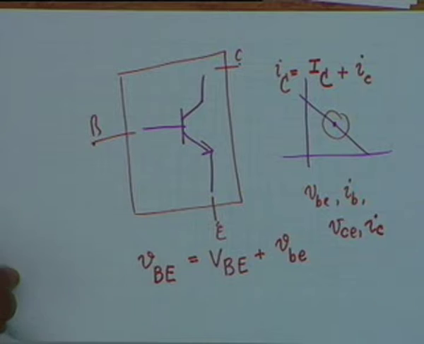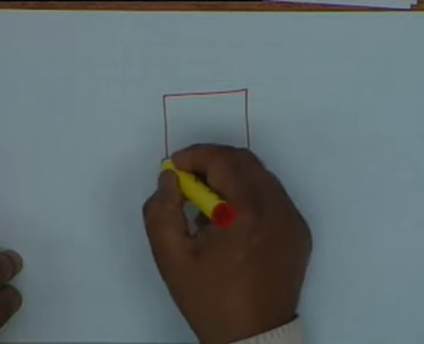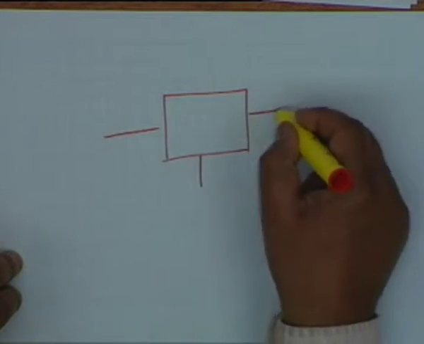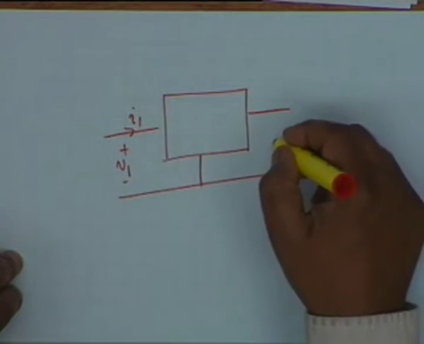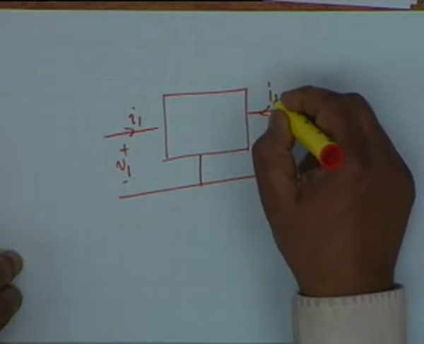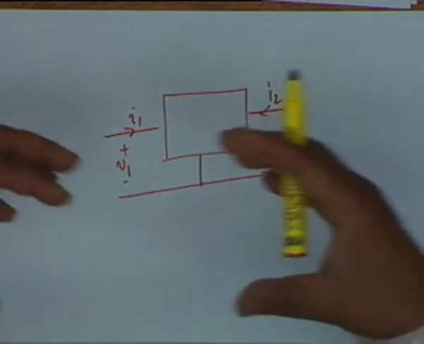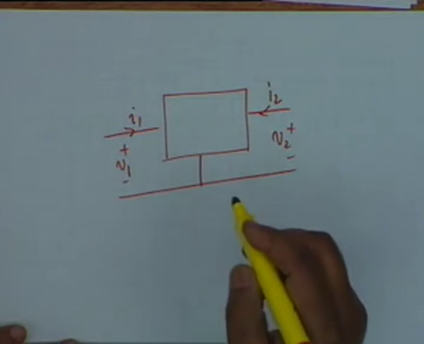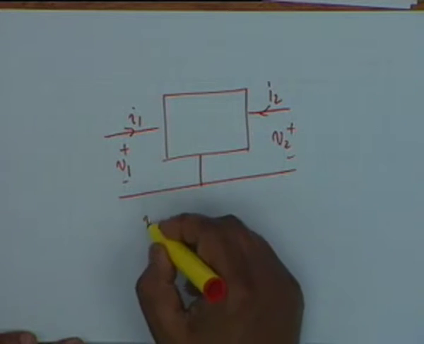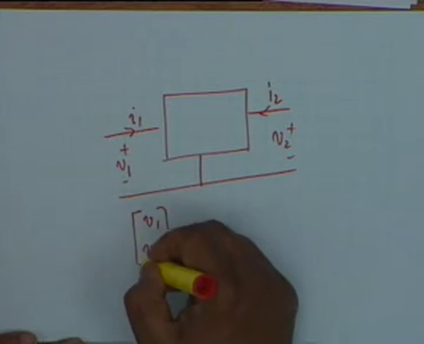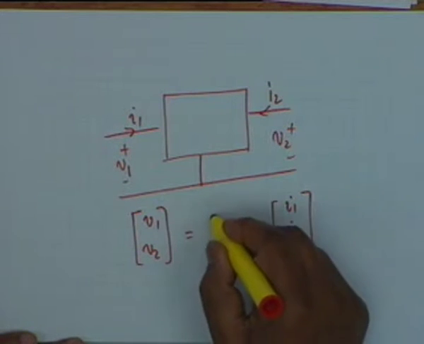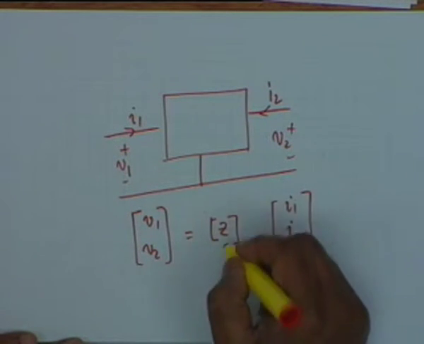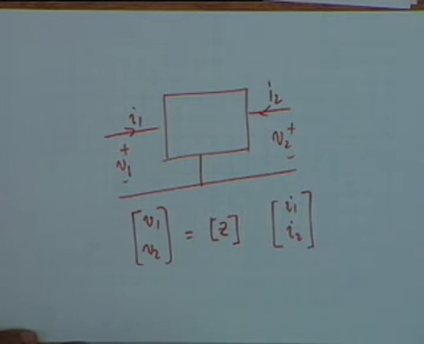Is that clear? Okay. If we do that, then you see any 2 port device, which has 3 terminals. Well, we say this is V1 I1 in general, V2 I2. You know that we always use currents going in, and you know that these can be characterized in 6 different ways. If we take V1 and V2 as dependent variables and I1 and I2 as independent variables, then the parameters are the so called Z parameters or open circuit impedance parameters.